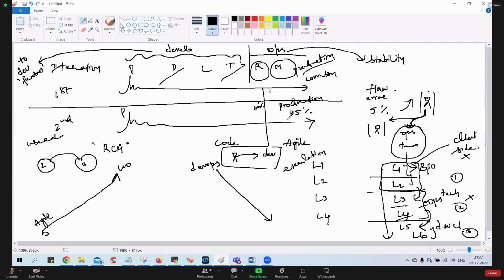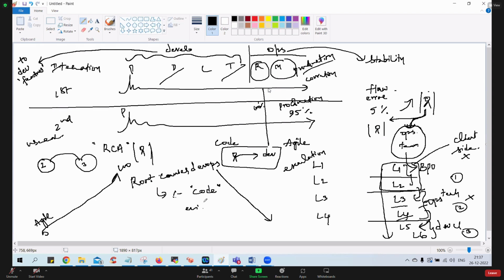So that is the reason we do the RCA. RCA is nothing but root cause analysis. Here we have to assign the technician who is working on the task. He will conduct the analysis on the root cause of the issue. That is the reason it is called root cause analysis. The analysis should be done in such a way that they identify that it's a code problem. That evidence they have to show.